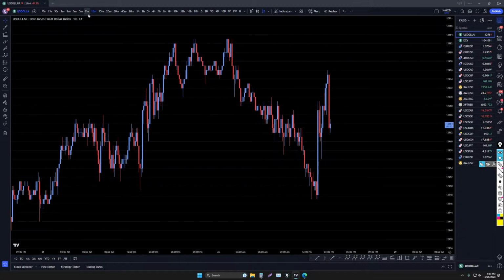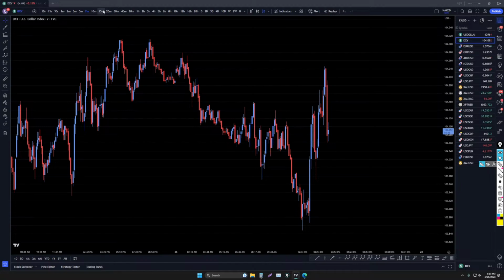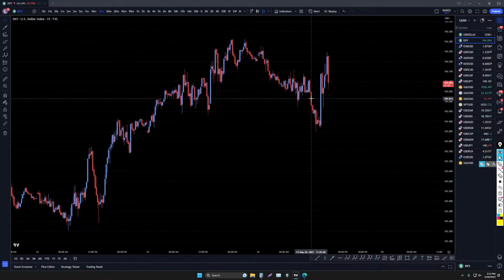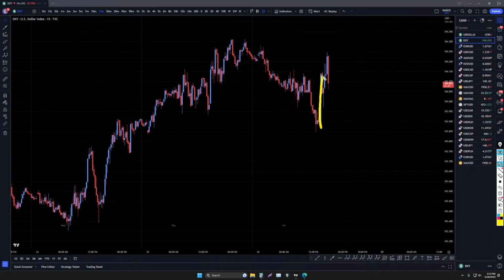Let me go down some more and see if there's an ABC shape there. I guess there kind of is. A little bit of a three-wave shape right there. 1, 2, 3. Not very clear, but it's definitely a little bit of a three-wave shape. The fact that throws me off is that this looks like a trend. If this does turn out to be 3 waves and it goes down and breaks structure, I would say this is a wave B and that we're definitely heading down.